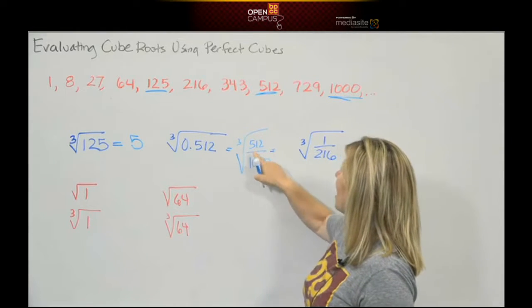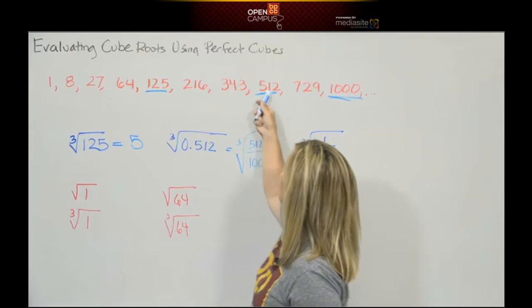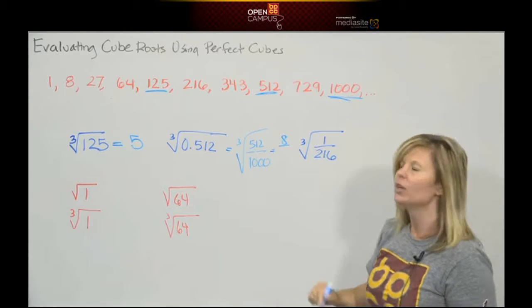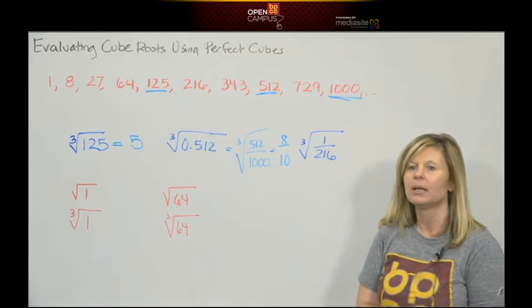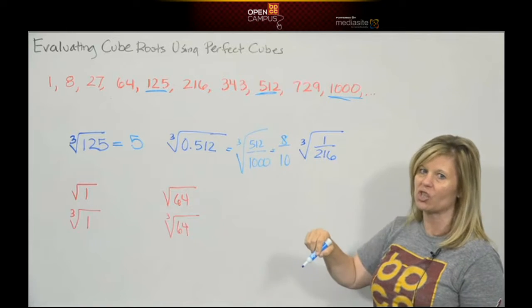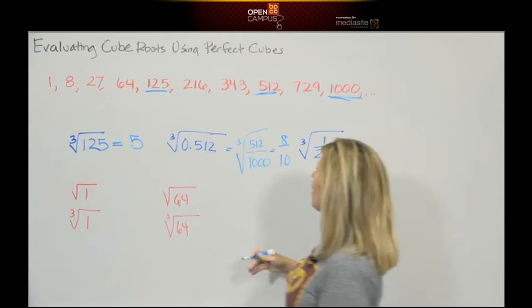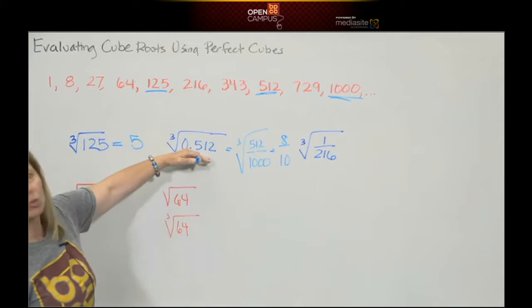The cube root of 512, 1, 2, 3, 4, 5, 6, 7, 8, is 8. 8 times 8 times 8 is 512. The cube root of 1,000 is 10. And then if you write this answer as a fraction, from the previous chapter, you should reduce it to be 4/5. However, if you didn't want to write this answer as a fraction, you just wanted to keep the answer as a decimal,